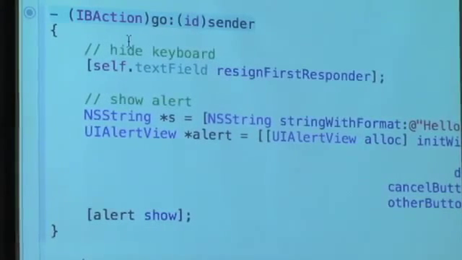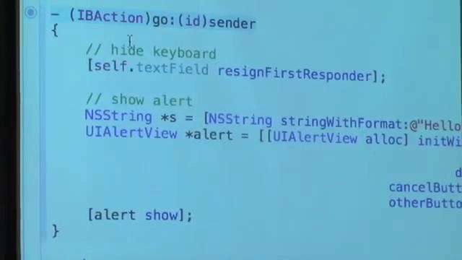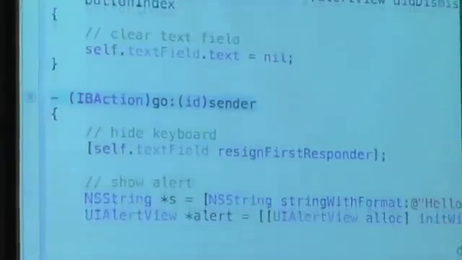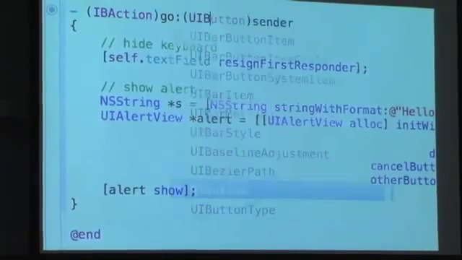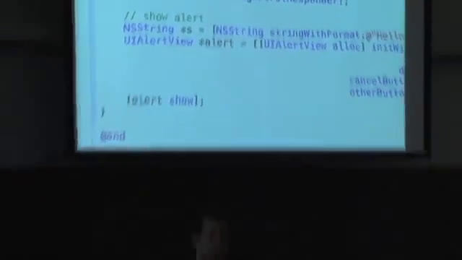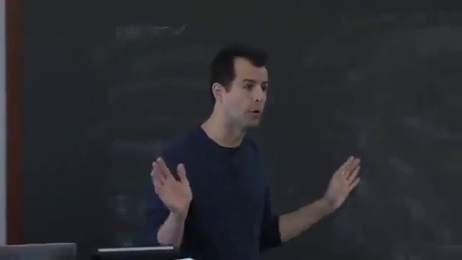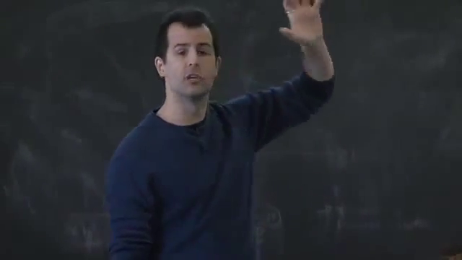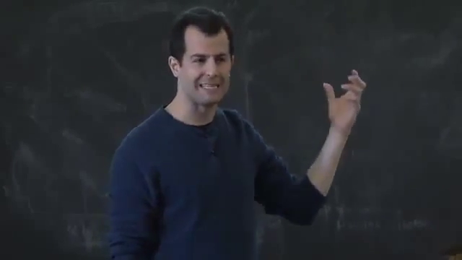Right? It's kind of like a void star pointer, if you think back to C, but it's a little more versatile than that. It can actually be nil. And in this case, it's not strictly necessary to say ID. If you know that the thing that's going to be sent to this message is a UI button, you can absolutely hard code UI button star. And the advantage of that is that you don't have to do a typecast later. So for instance, if later in this code I wanted to call a method on that button, which I don't, we're not doing anything with the button once it's touched. But if I wanted to call a method associated with that button, but it was just of type ID, the compiler